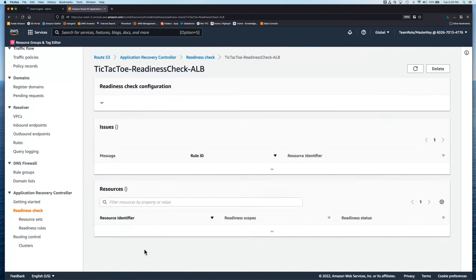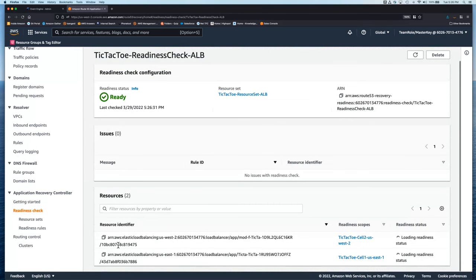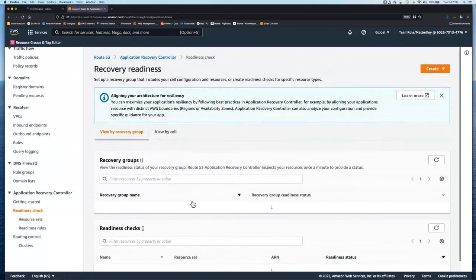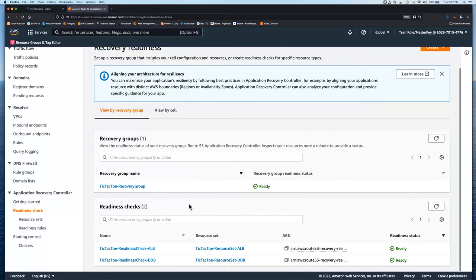If we click in on one of these, you can see the specific resources that I have defined here. The resources are designated as ARNs, Amazon Resource Names, and these are specific identifiers that are given to each instance of a service that you configure within AWS. So now we're missing something, because I remember I mentioned that we wanted to do a readiness check for our auto scaling group. So I'm going to go ahead and configure that.